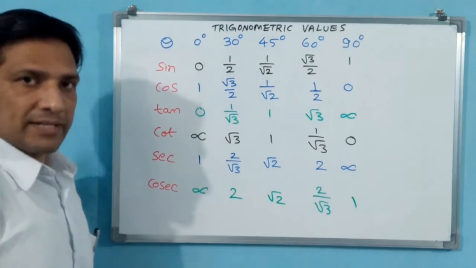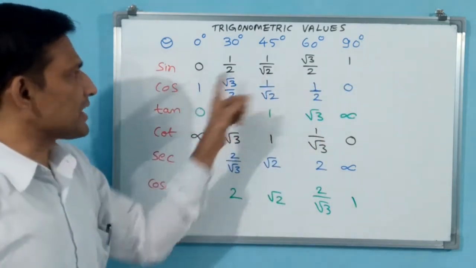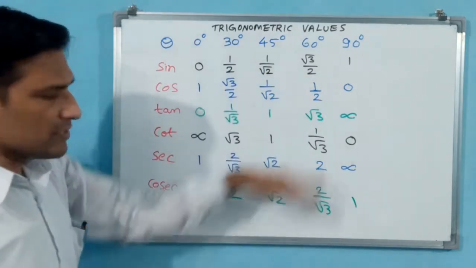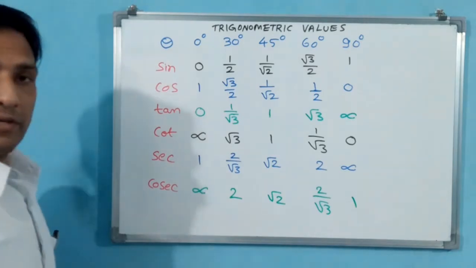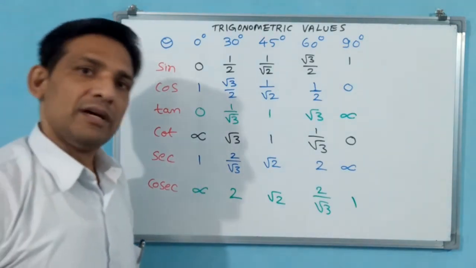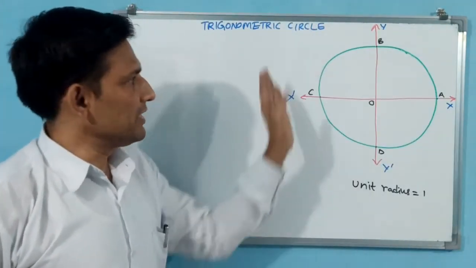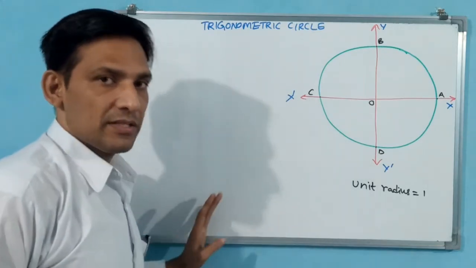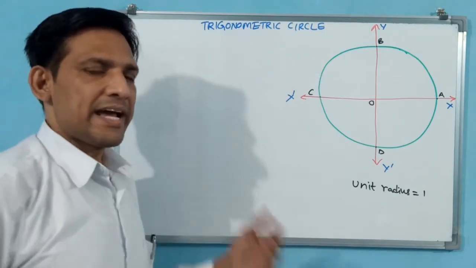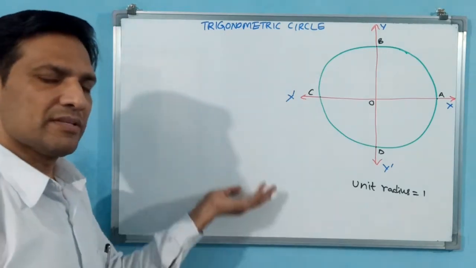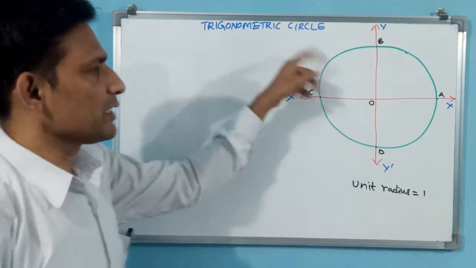Okay. Now let us go how these sine and cos have come. I am going to show for sine and cos. Automatically tan and cot you can make ratios and you can draw all this. Now let us go for the circle diagram of trigonometric ratios. Now you see the trigonometric circle. That means by the circle we are going to derive again these results. For sine and cos we will show. Based on that, tan means sine by cos, cot means cos by sine, 1 by sine, 1 by cos, all you can derive afterwards. Okay, let us see the trigonometric circle.